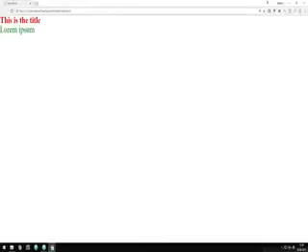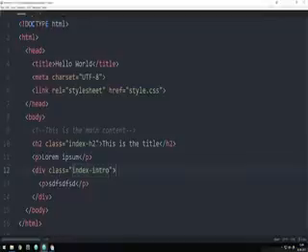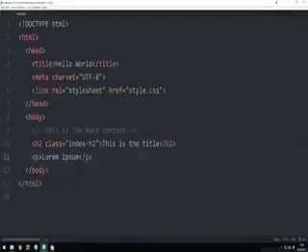If I go back inside my website and refresh, you guys can see we now have a paragraph that is red. So just to show you guys, we can actually target elements inside an element that has a class without having to give this specific paragraph a class in order to target it. The basic thing we're doing here is saying that every single paragraph inside this specific container should have this styling. So now we talked a bit about classes inside HTML and CSS, but we also have something